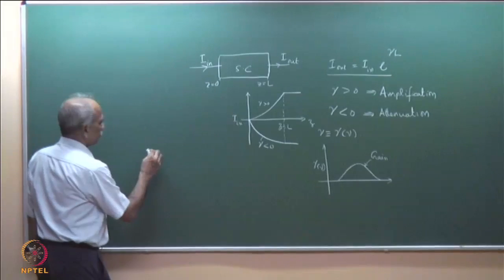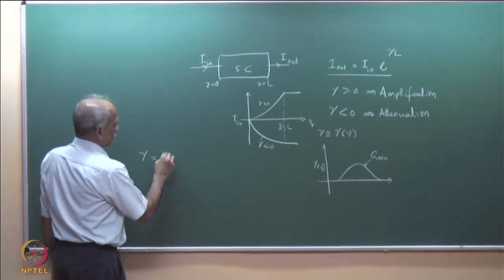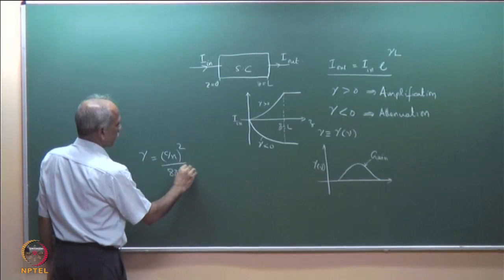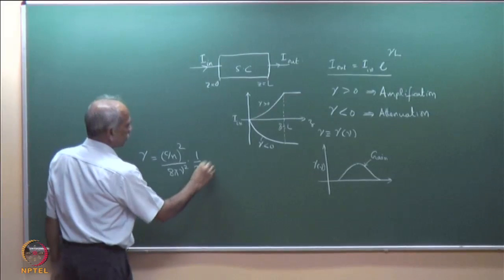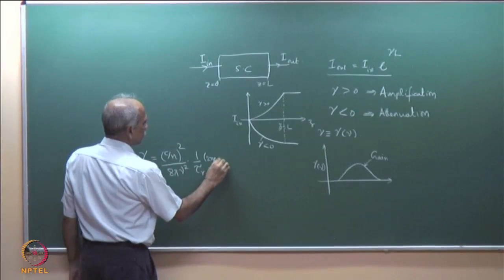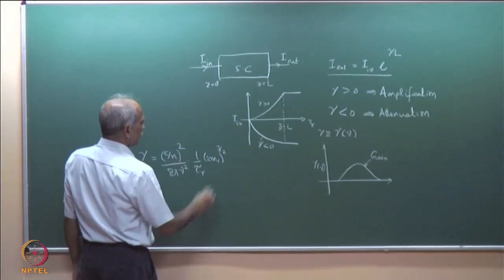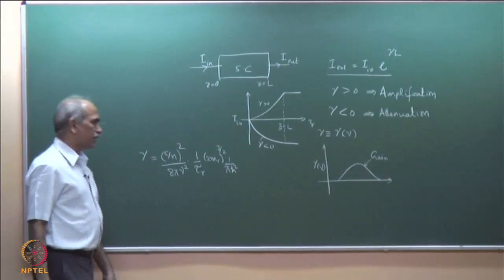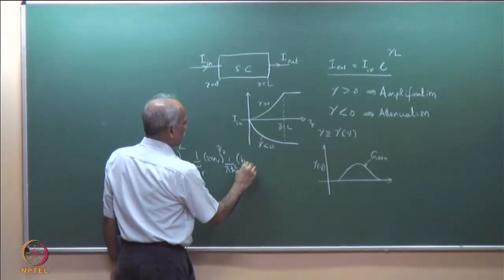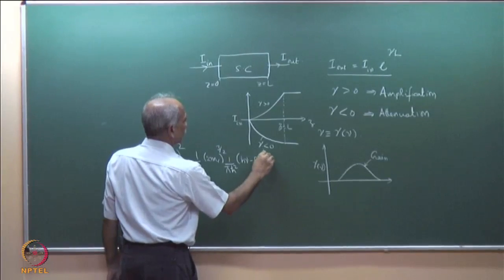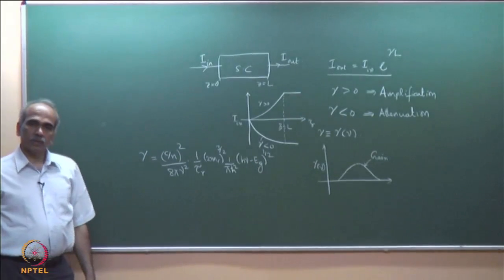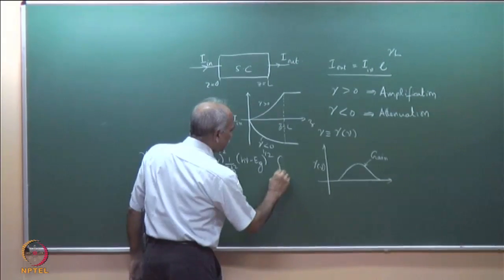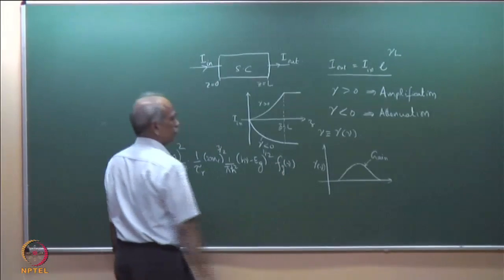Recall that we have an expression for gamma, which is (c by n) whole square, 8 pi nu square, 1 over tau_r, 2 m_r to the power 3 by 2. There was 1 over pi h squared also. Let me write it here, because this is part of the density of states, and then (h nu minus E_g) to the power half. This was the expression that we have for gain coefficient into f_g of nu,